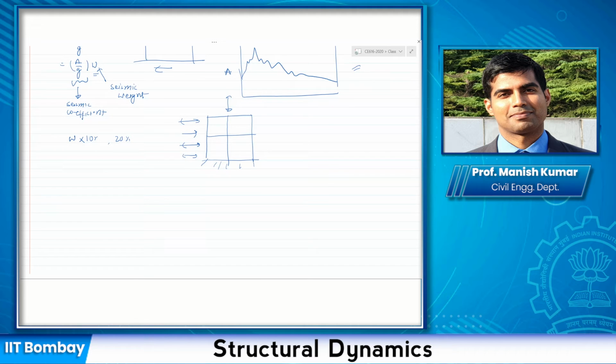And you would be amazed that even if you do that, your structure would still be very safe during an earthquake compared to the case where you have designed just for the vertical, even if you design for 10%. And even right now, when we are doing so much sophisticated analysis, even now you will see that after doing all those analyses, your a by g, or the seismic coefficient, will actually come out to be around 10% to 20%, in most of the cases. Of course, in extreme cases it might be higher or smaller, but typically this is a good enough approximation for the earthquake forces.